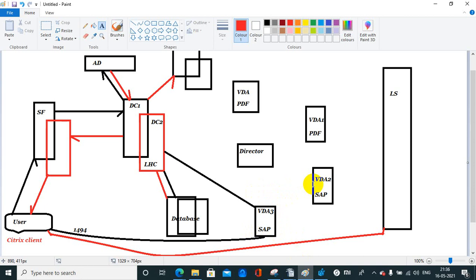Sometimes what happens is there are multiple servers, 5-10 servers, but only one server is in a bad state, and every time the DC will redirect the user to the corrupted server. So once you find that, among 4 servers, this server is not accepting connections, you can put this server in maintenance mode. Okay, so this is the way to troubleshoot.